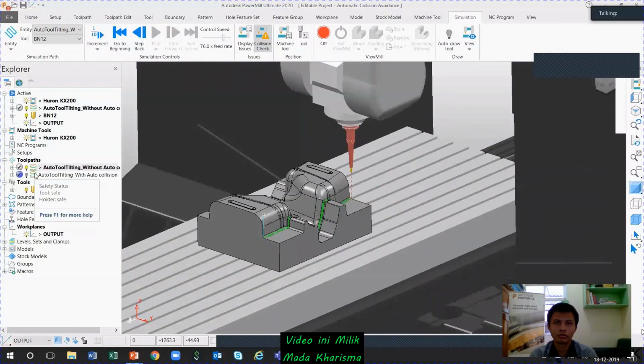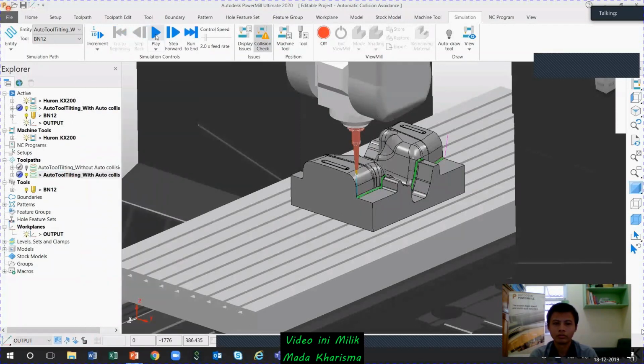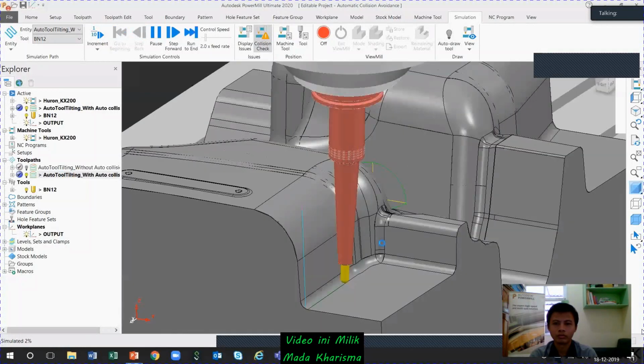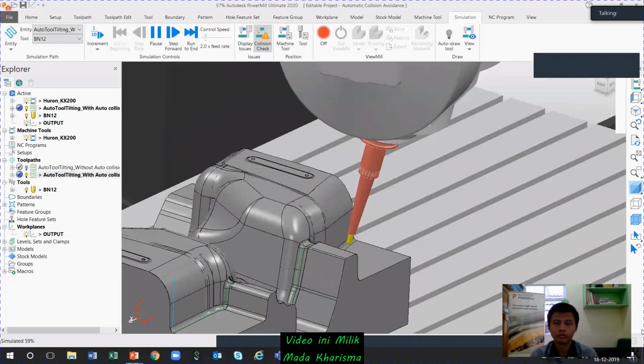But when you are having some issues, that means if collisions take place, you can simply change in the tool axis page and check on your automatic collision option. What will happen? It will automatically tilt its axis. I will slow down again and play it. You can see here its tool axis is getting changed automatically, and then it is moving smoothly. So that is the concept of the automatic collision avoidance option. It is simply converting from the vertical to other tool axis control definitions.